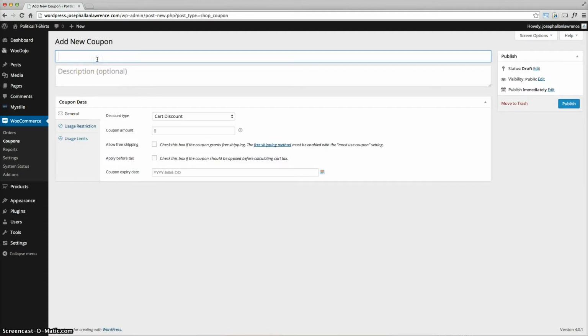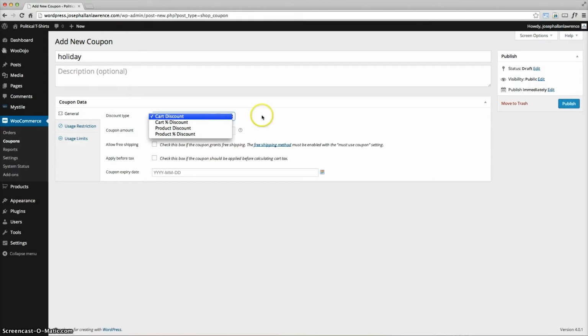And then I'm just going to call it, since it's near the holidays now, Holiday. And you can put a description if you'd like. This will say the type of discount you have. It's a cart discount, of course, but there's different discounts you can give, whether a percentage or an actual number. My coupon amount is going to be $5 off. And once again, if you have questions, just go over the question mark and it shows the value of the